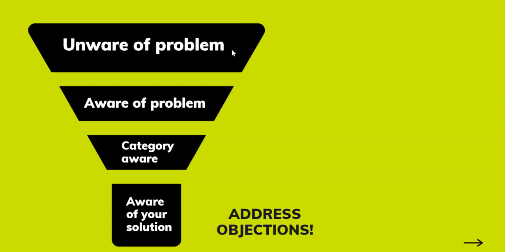Now, they may be aware of the problem, but they're not aware that the category in which you're participating is the best solution to that problem. So, for example, hey, are you struggling to get more leads? Did you know that lead automation software is being used by all your competitors? Something like that. And that could be a video ad, for example, on LinkedIn, where the objective is just to get them to watch the ad, not to get them to request a demo, because requesting a demo, they're probably going to be a little further down here.